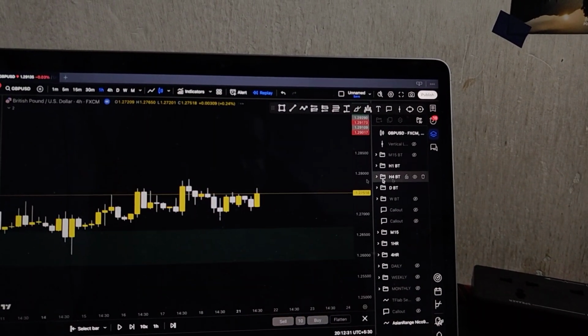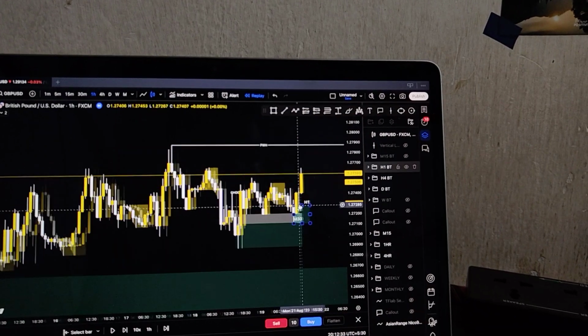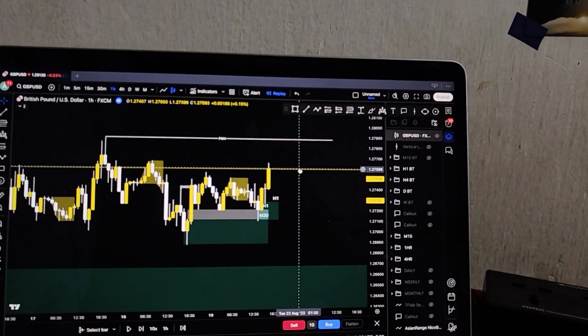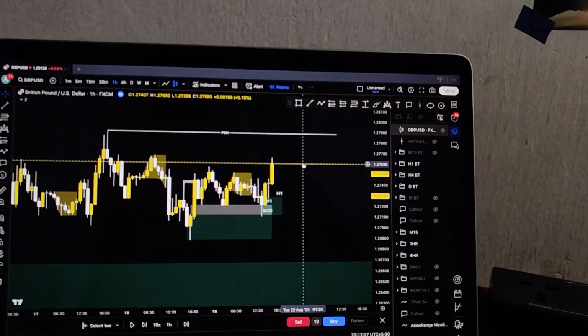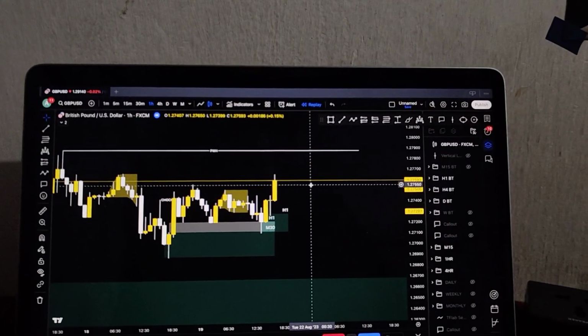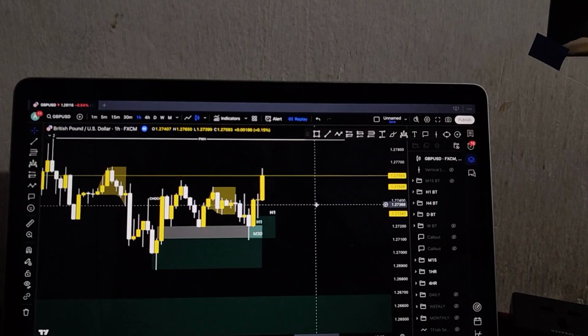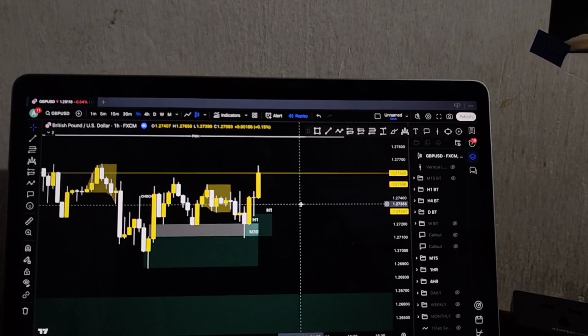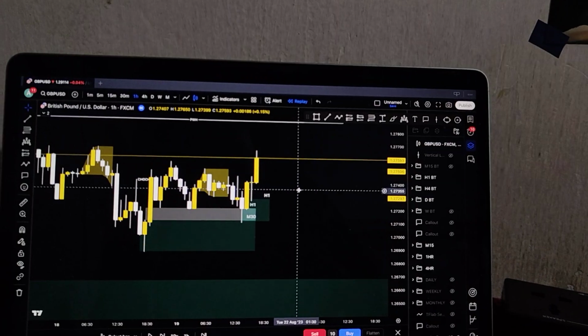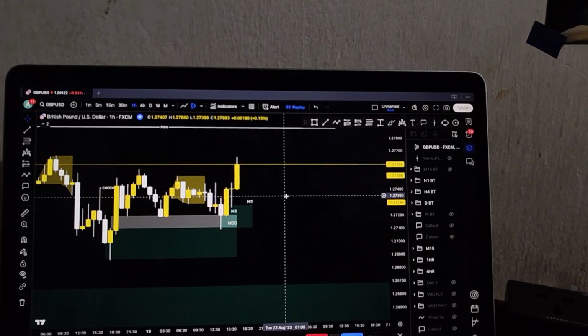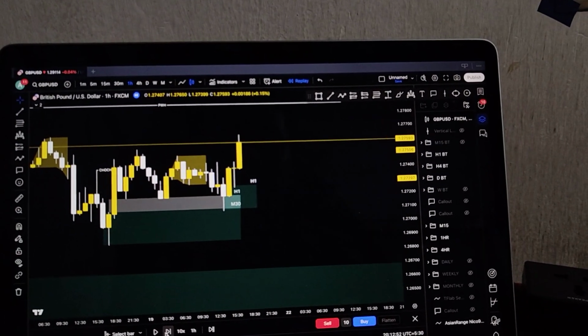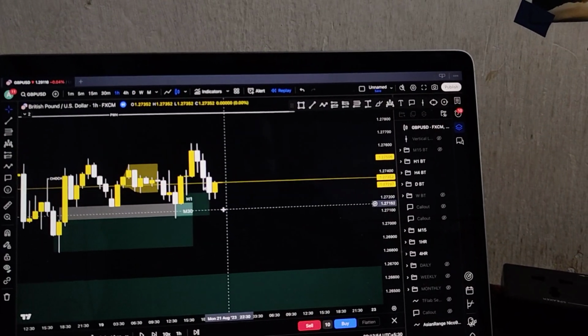So now let me show you from which zone I will look. I will not show you the 4 hour, because it will take so much time and it can't all be added, like the DXY correlation, the 4 hourly price action, how to mark a demand zone, which demand zones are higher probability. That I will not show you in this video because it will take so much time. So on Tuesday my bias is